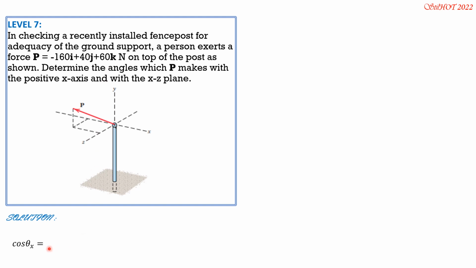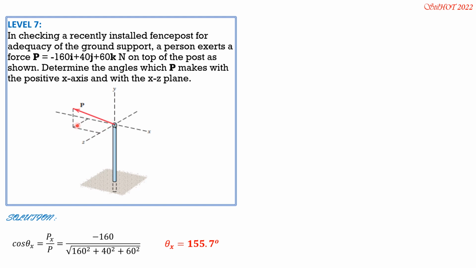So cosine theta x is negative 160 over the magnitude of P, the square root of 160 squared plus 40 squared plus 60 squared. So let's solve it very shortly. So theta x is 155.7 degrees, while the angle that P makes with the XZ plane, which is this vertical angle here, is